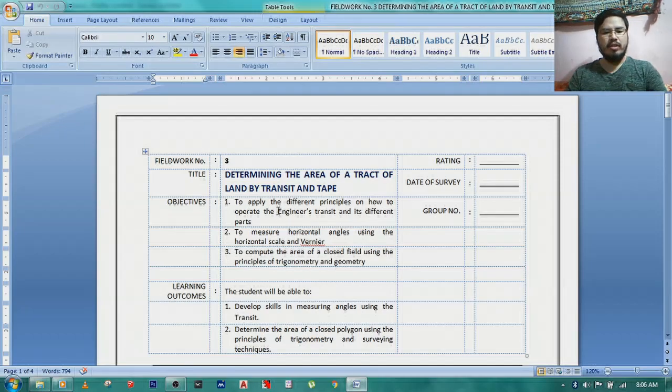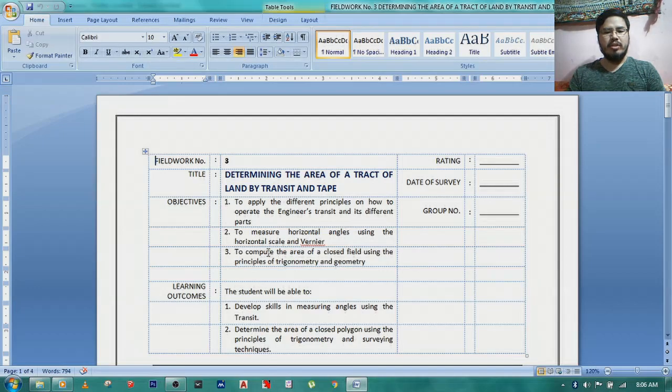So we have here the objectives. Number 1, we are going to apply the different principles on how to operate the engineer's transit and its different parts. The second is to measure horizontal angles using the horizontal scale and vernier. And lastly, the third objective, to compute the area of a closed field or closed lot or land using the principles of trigonometry